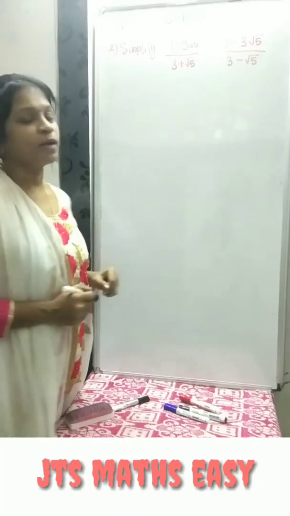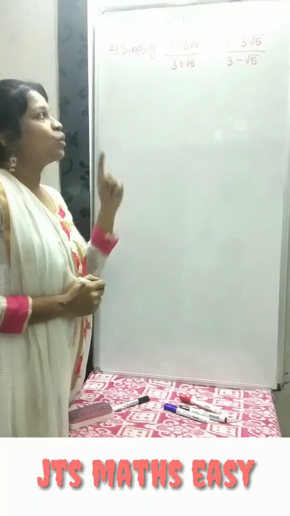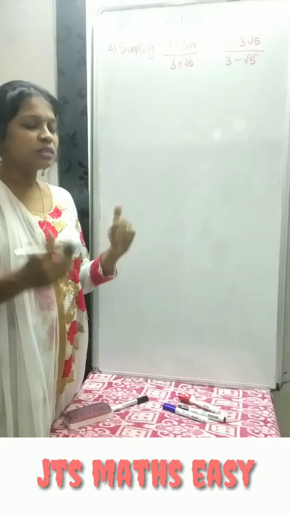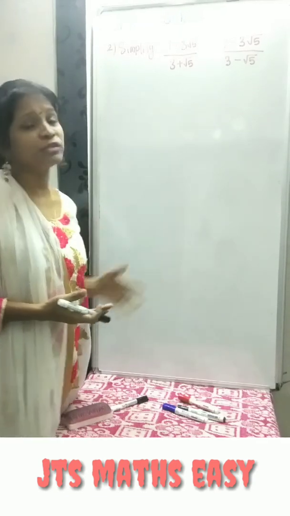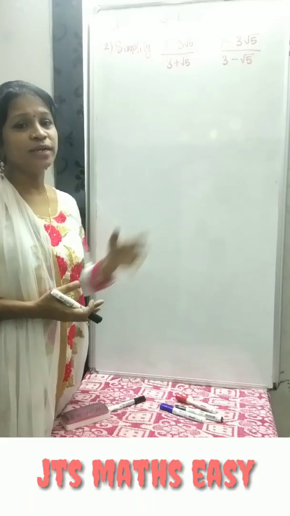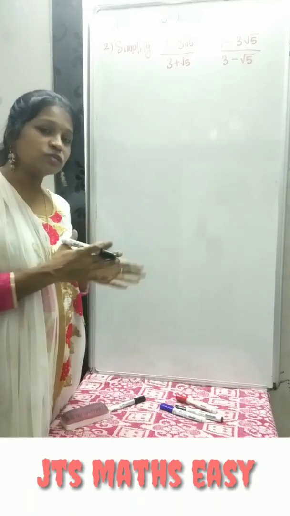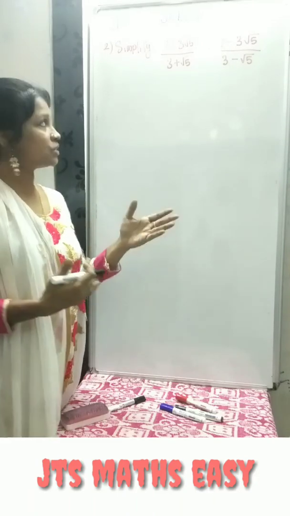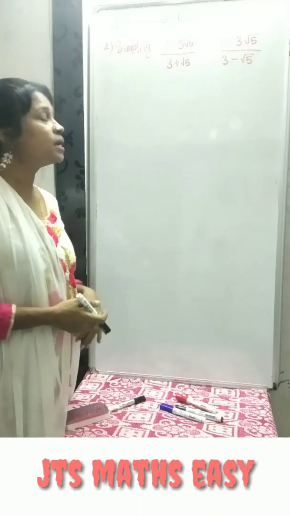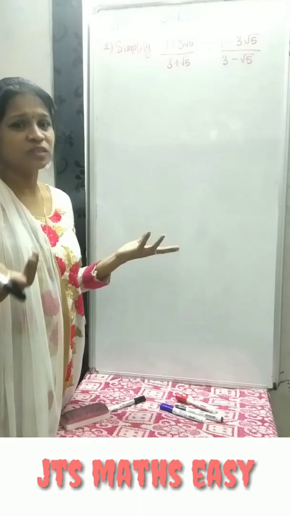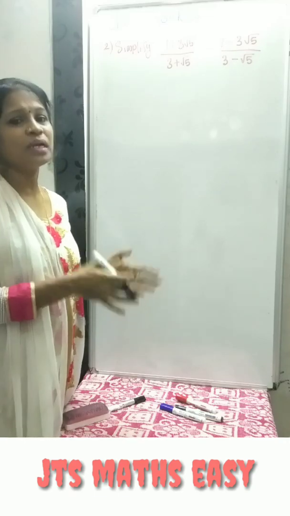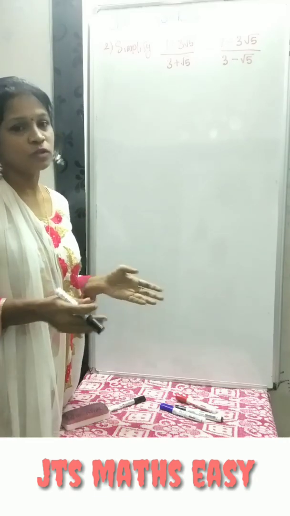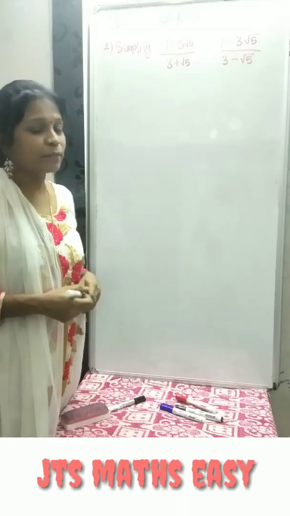This is your next problem. Simplify. So we want to simplify. It's very similar to the previous one, and here also the denominator has a surd number, right? So here also we want to do the rationalizing of the denominator. But here we have two terms, two rational terms. So we want to solve both and simplify. That is the procedure I am going to do now.